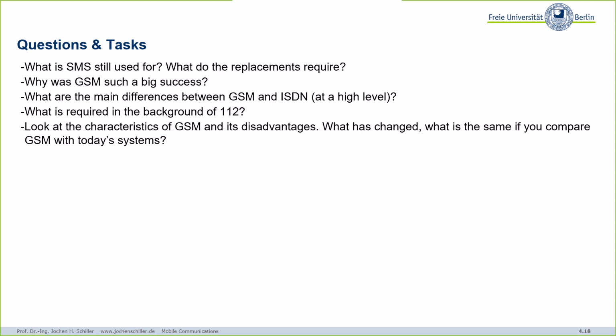Okay, main differences between GSM and ISDN. What is the main difference? Because GSM is put on top of ISDN. So main difference, yes, it's mobile, yes, it's a cellular network, but ISDN uses wires, right? GSM, no wires for the mobile phone. Now think of services. Different carrier frequencies. You don't have carrier frequencies for ISDN. Absolutely right. What else? Think of the services.